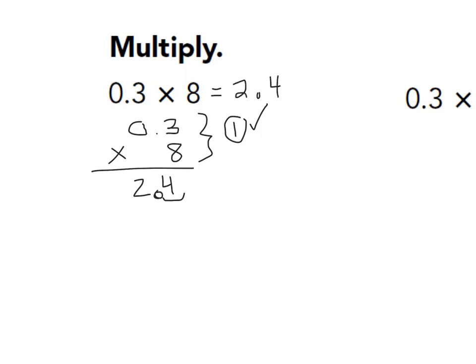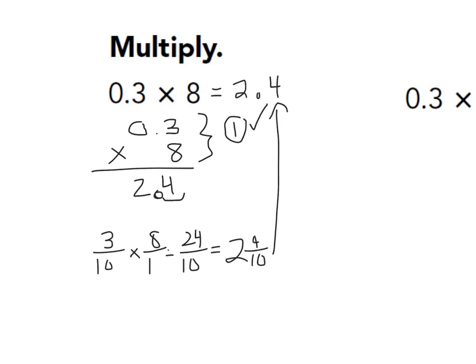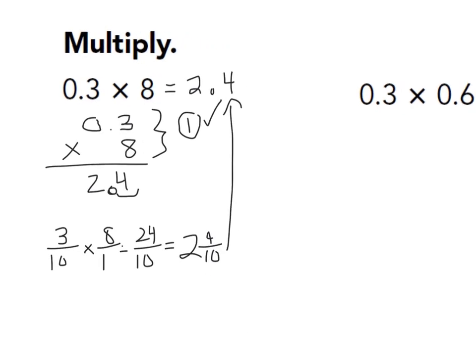If I wanted to check this and just make sure it worked as a fraction, 3/10 times 8 also looks like this. 3/10 times 8. If I multiply these, I get 24/10, which is 2 4/10, which absolutely matches this answer, which is also 2 4/10. As we move on to the next one,